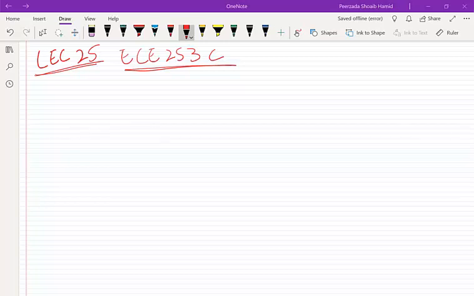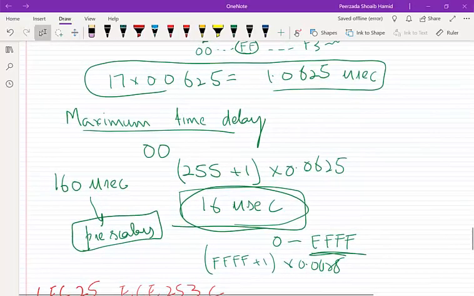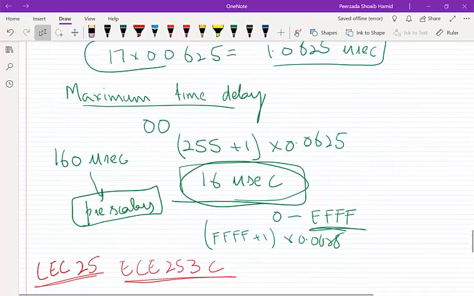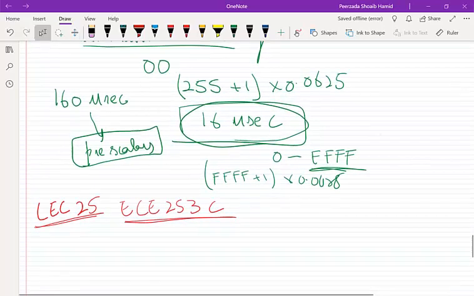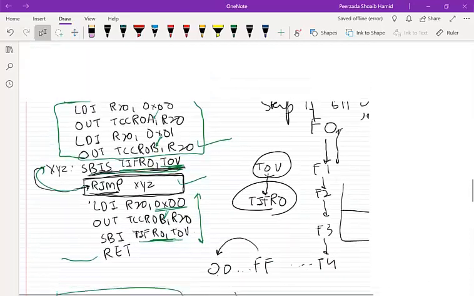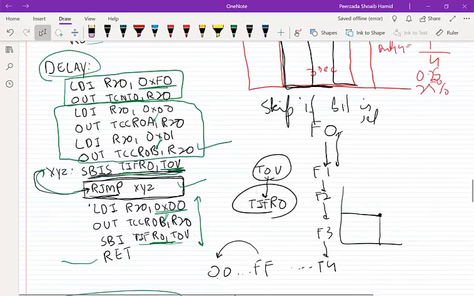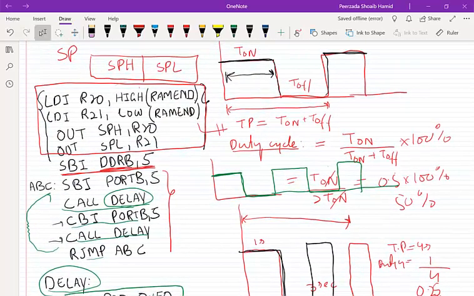This will be the 25th lecture of EC 253C. In the previous three lectures we have been discussing timers, and in the previous lecture we discussed an example that demonstrates how timers can be used to generate time delays. So we wrote a program to generate a square wave on one of the pins,